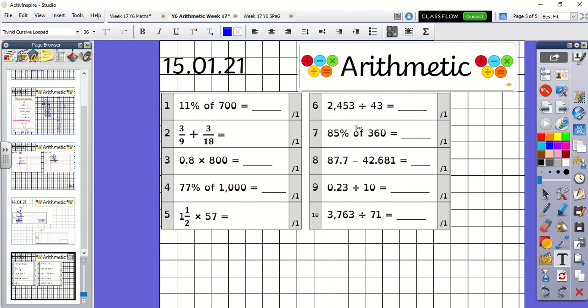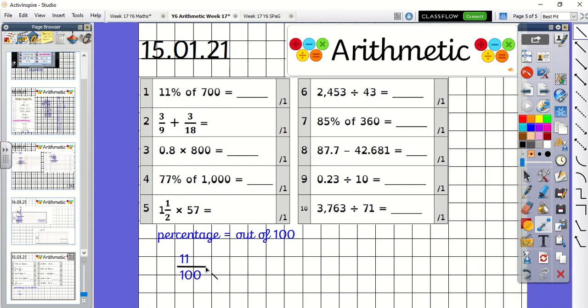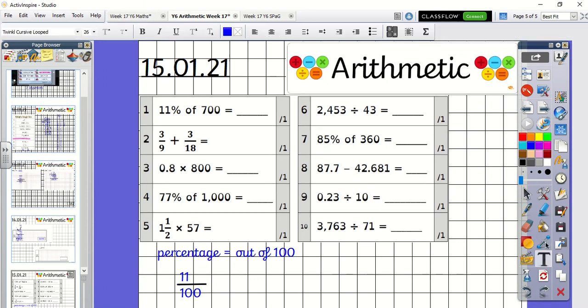So you've got 3 percentages here. Now, percentage equals out of 100. Okay, so from this week's maths lesson, I will know that 11%, so if I did 11 over 100, that's what 11% would be. So you then would be able to divide by the denominator times by the numerator. You would be able to work out a fraction of an amount. Okay, so if you can convert these